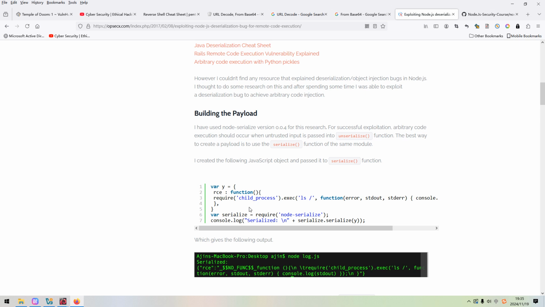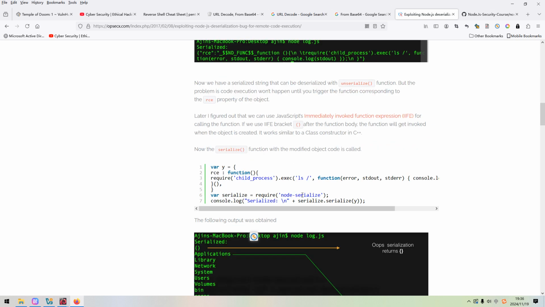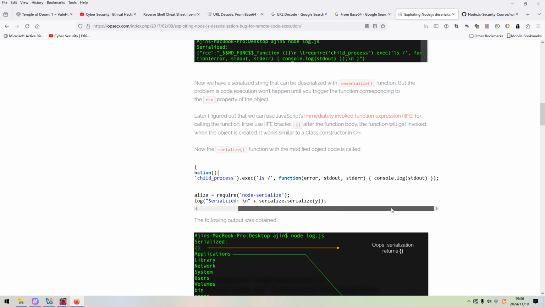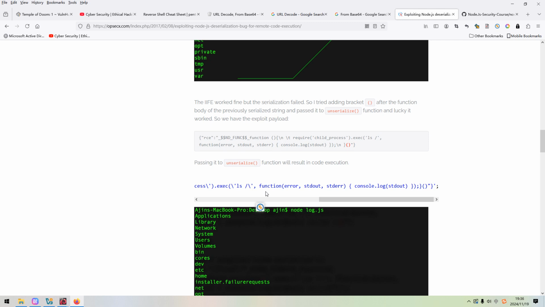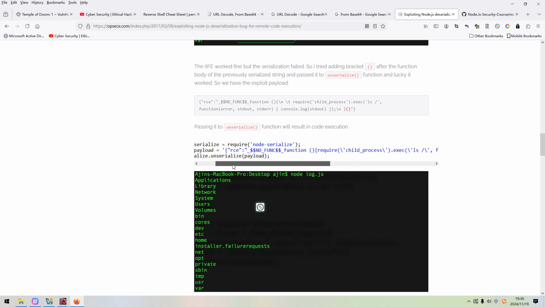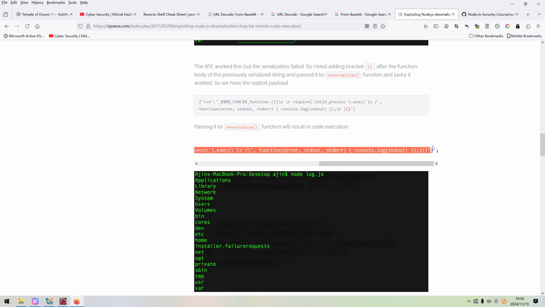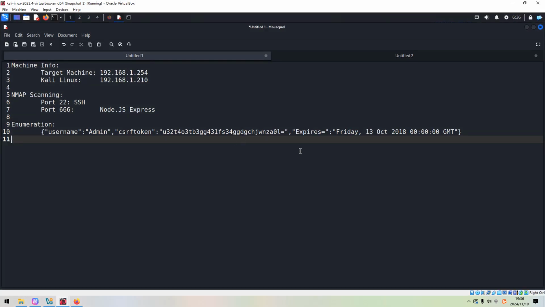So I think what we are going to do now is we just copy. We need to build the payload. So how to do? We can copy the payload and paste it over here.